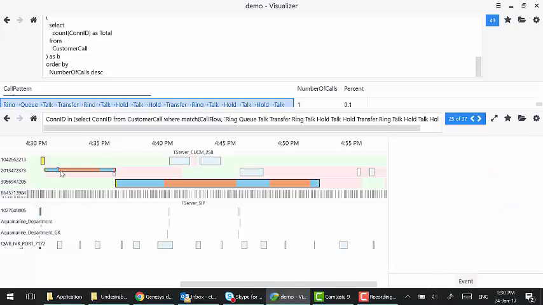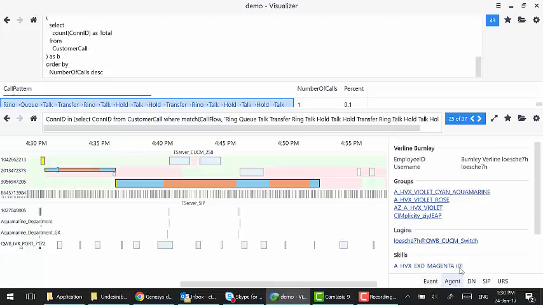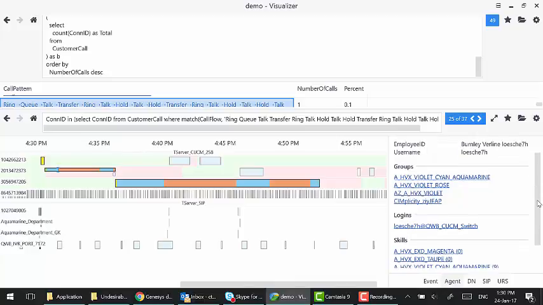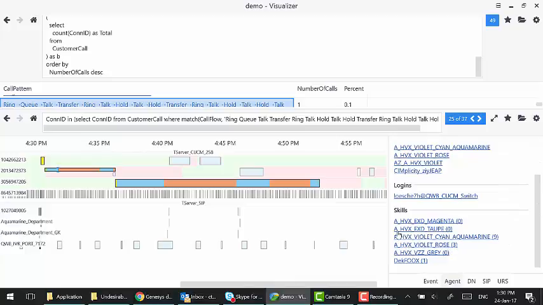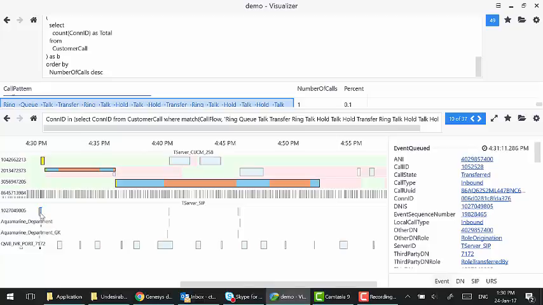Clicking on an agent track, I can then see some additional agent information, the groups. I can also see the skills that they had with the skill levels they had at the time of that occurrence. I can see, if I click down here, one of the subsequent events down within our call interaction here,